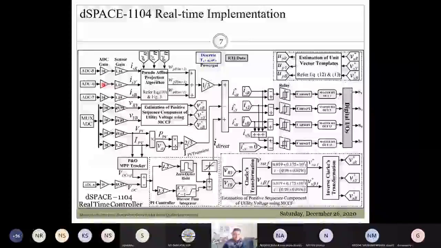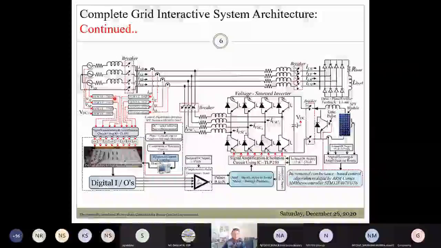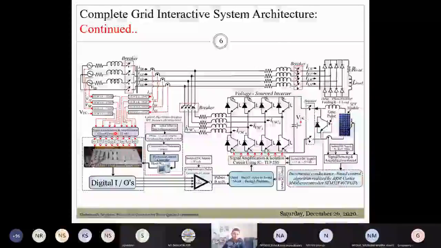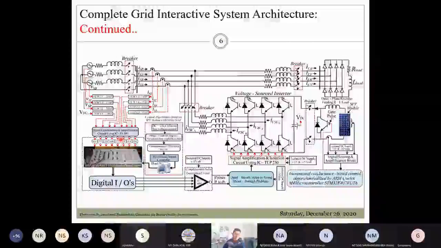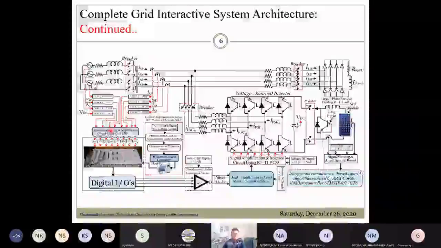Therefore, when you take the signals into the controller, you have to multiply that signal by 10, that is the ADC gain, to get the actual signal. And thereafter, you are expected to multiply with the sensor gain. So how to find the sensor gain? Let's say you have this millivolt signal here, and then you have amplified the signal. Let's say the input is 100 volt, and after amplification, the voltage is somewhere around 0.6 volt. So 0.6 divided by 100 will give you the gain of the sensor. That gain will be multiplied.